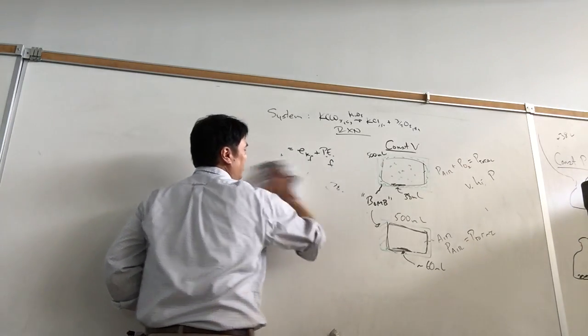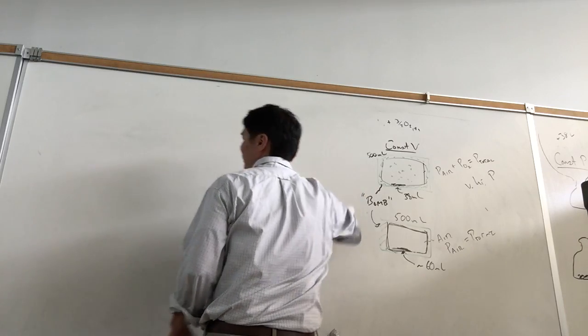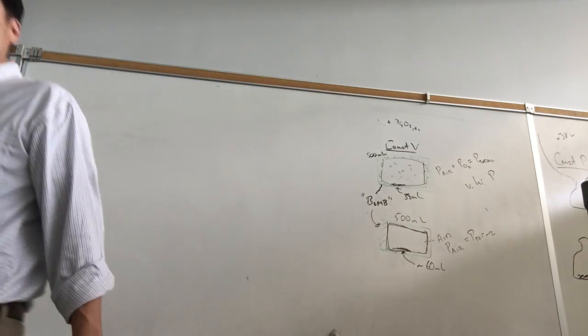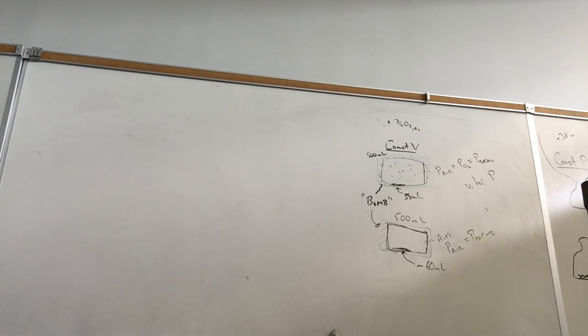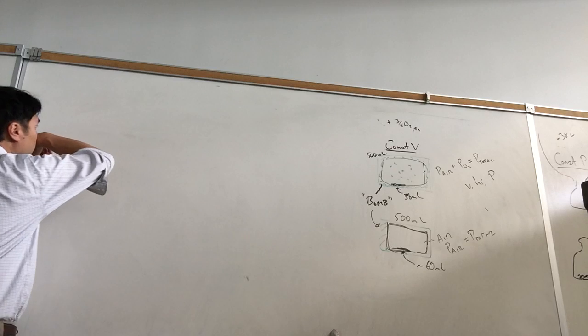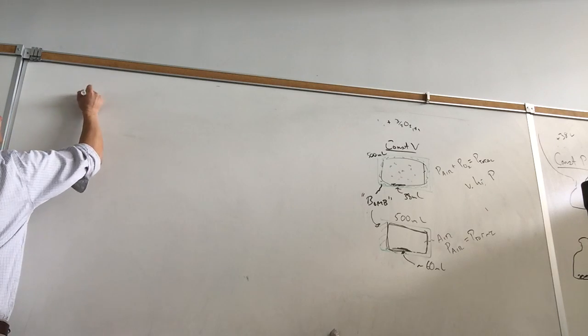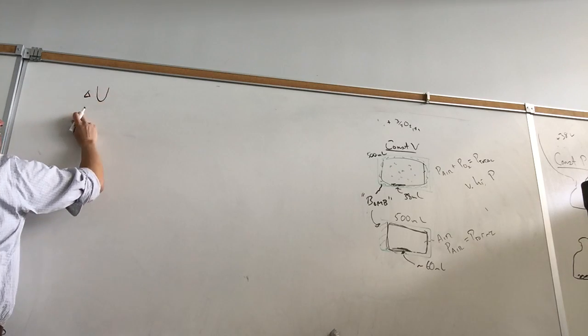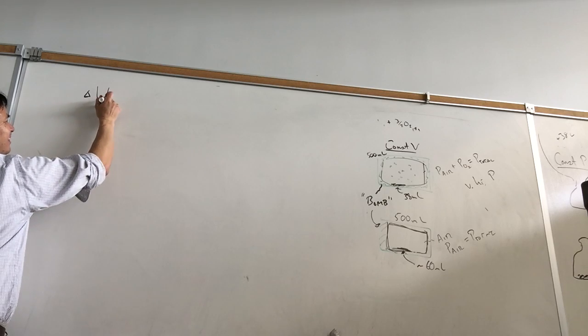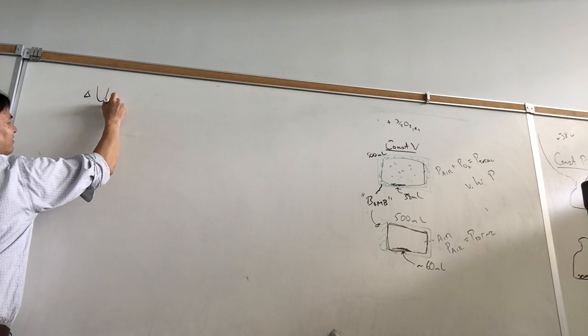The first law of thermodynamics states that energy is conserved. Energy is neither created nor destroyed, right? There are different ways of expressing the first law of thermodynamics. So one way is, if we look at delta U of the universe,